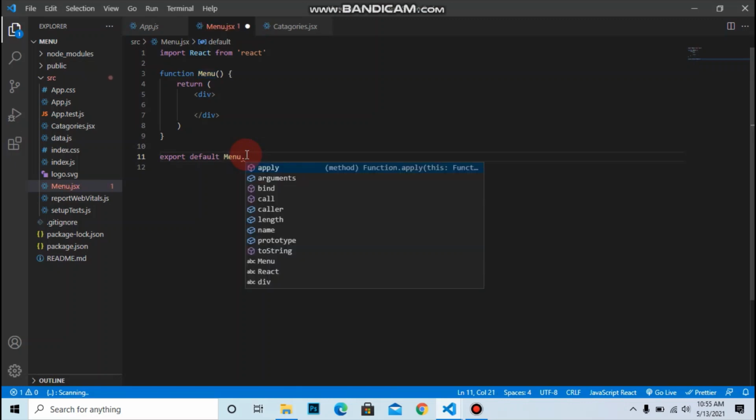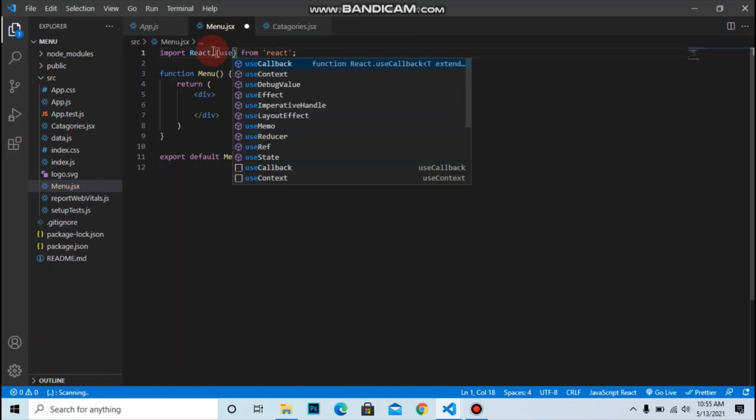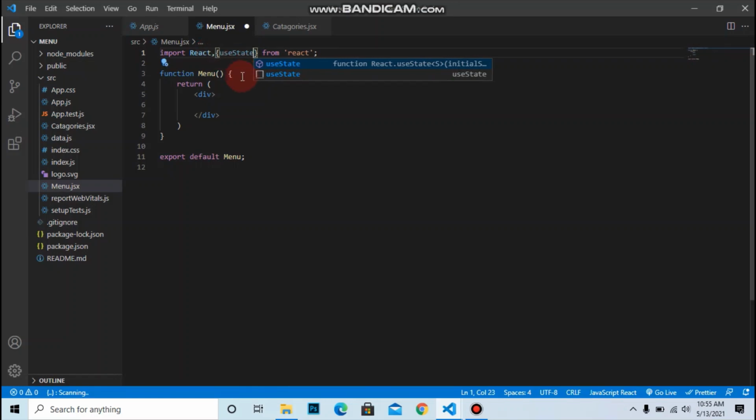And let's first of all declare the useState variable, that is a function which stores the data which may come from the backend or from the API or as local data.